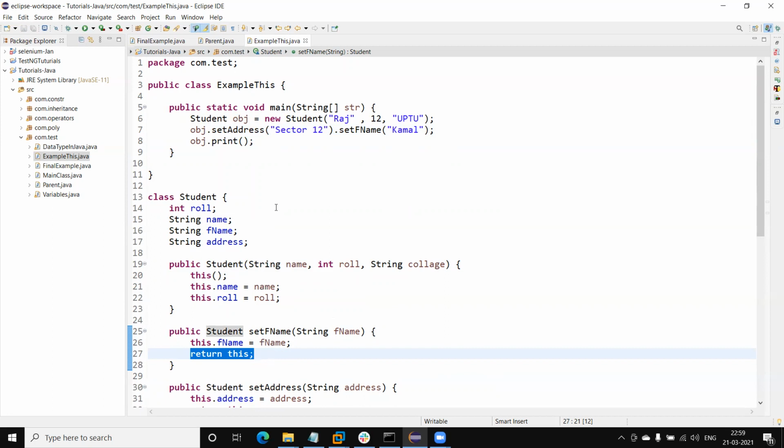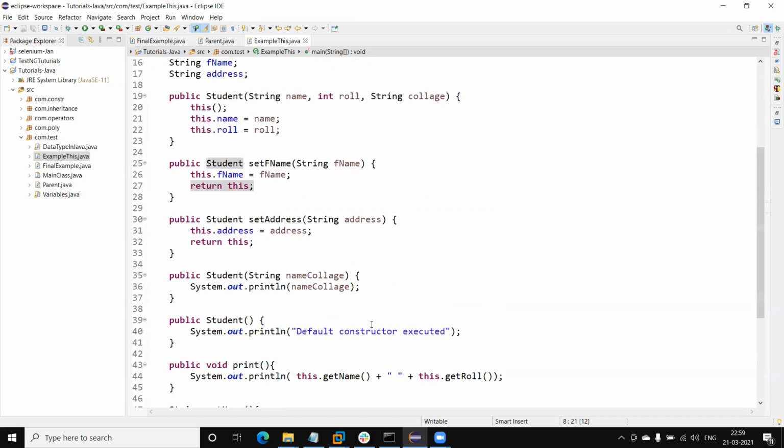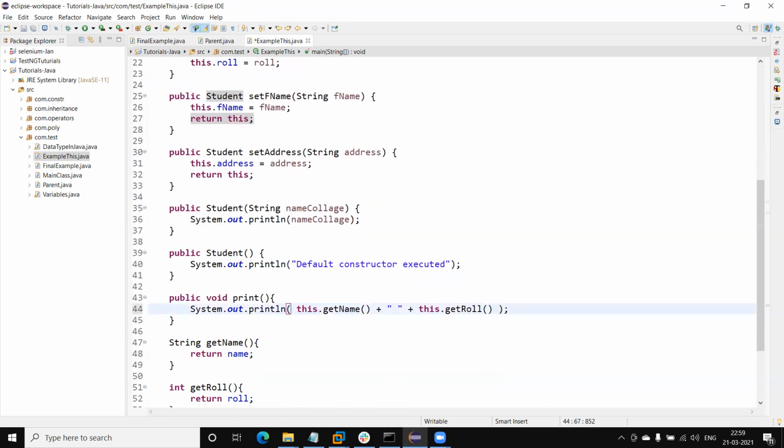And if I again print this, we can also include fName in the print.